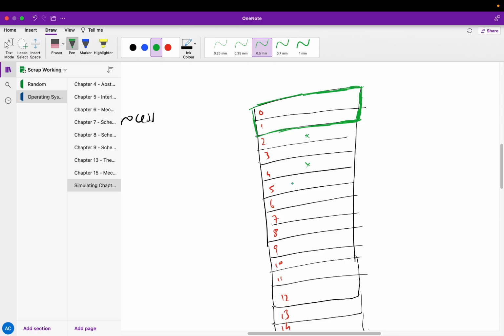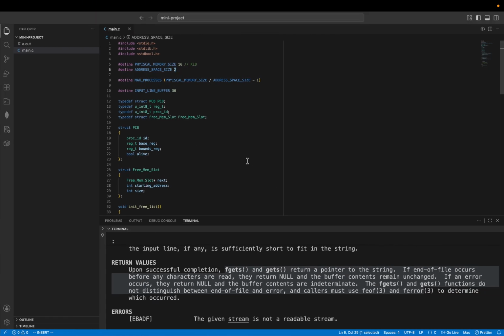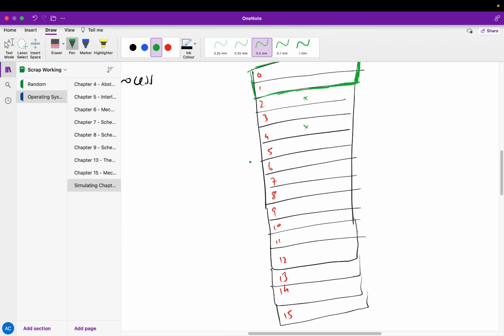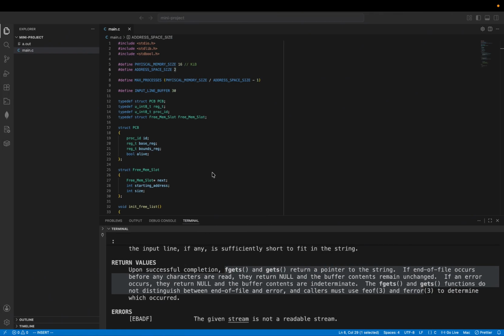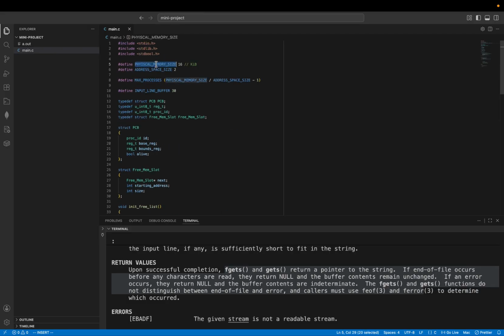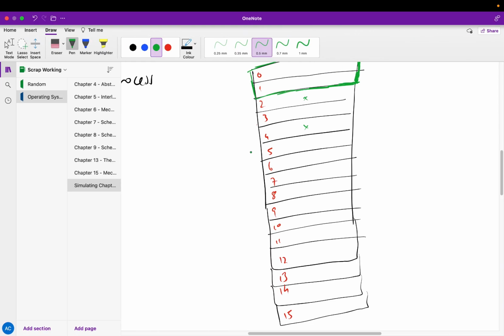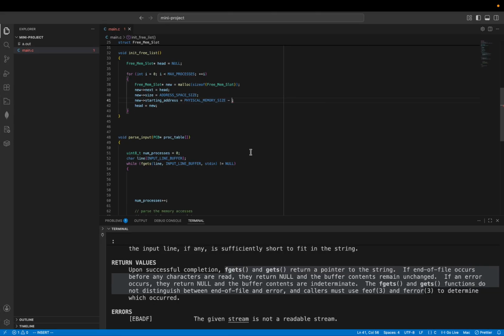It'll be easier to go from the back, but actually, hang on. No, this is fine. I can say the physical memory size minus, is it 1 plus i, times,